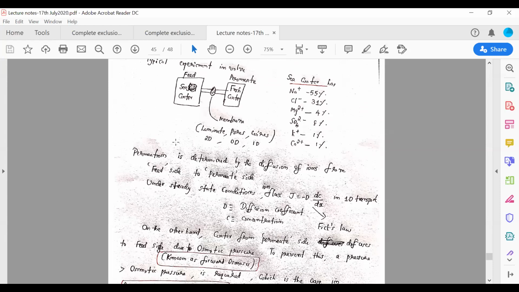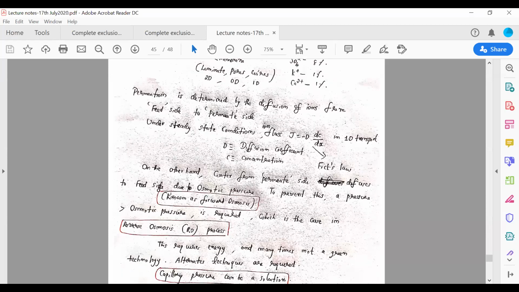So people are trying to find ways to minimize this energy consumption, because we are talking about a green economy. Obviously this energy consumption involves some emission of gases, carbon dioxide. How do you get this hydrostatic pressure? You have to have some kind of emissions, some kind of burning, some kind of heating. So this is not a green technology. You don't want any energy to be supplied. You want the natural process to transport this water from the feed to the permeate side.